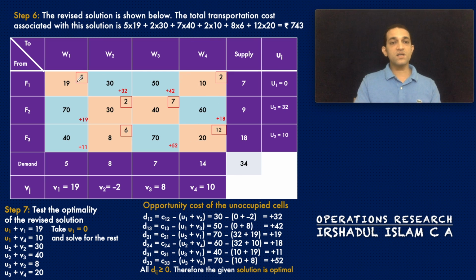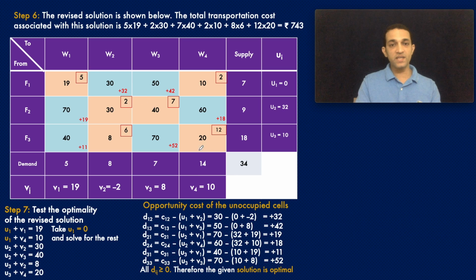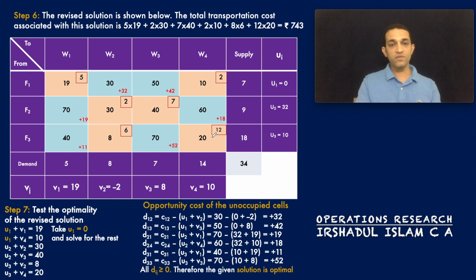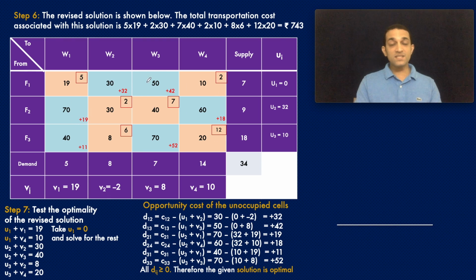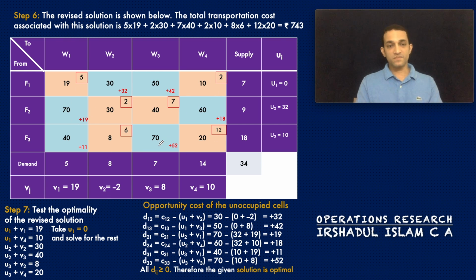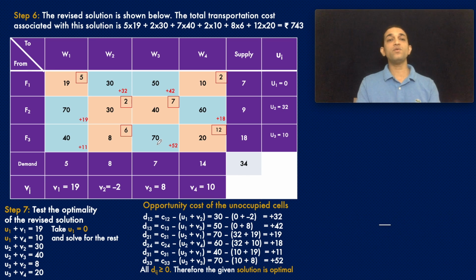So now just count the number of occupied cells. Again it is 1, 2, 3, 4, 5 and 6 in different colors, you can easily identify. So that condition is satisfied. Number of allocations should be 6, m plus n minus 1, number of rows plus number of columns minus 1, that is fulfilled. And now we have to again check for the optimality of this revised solution by introducing another u values and